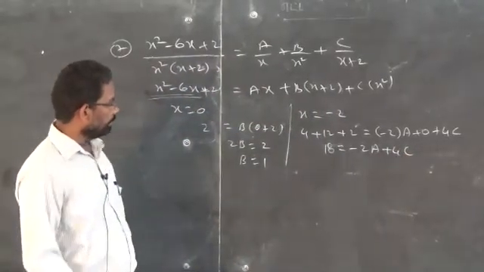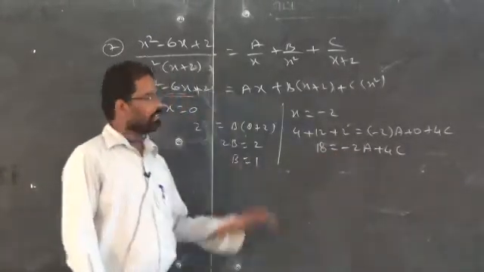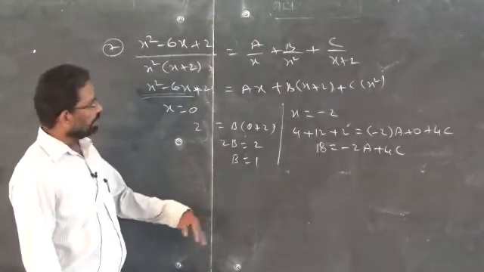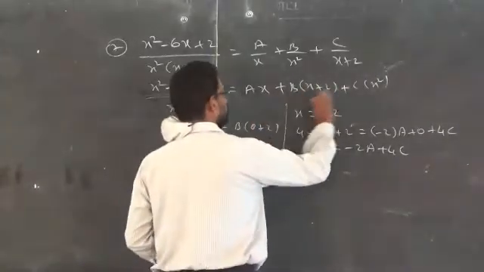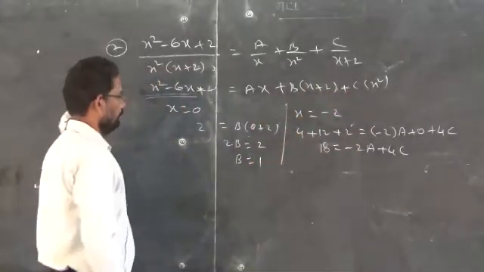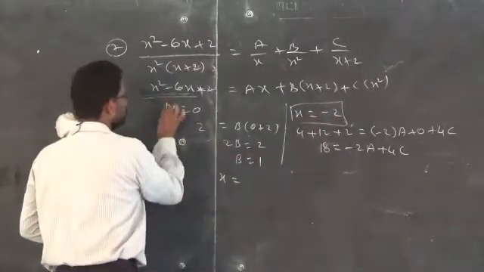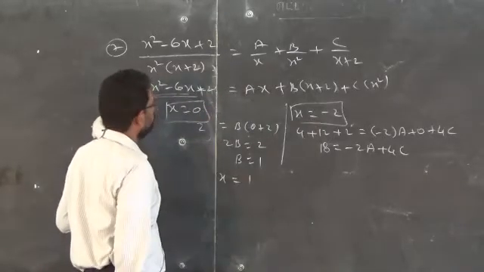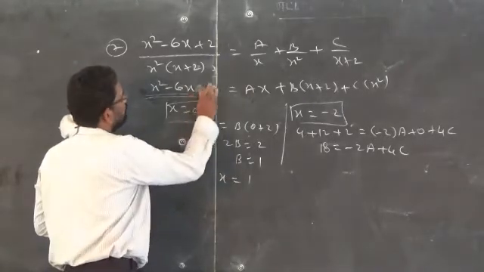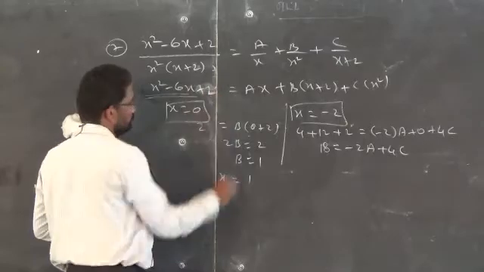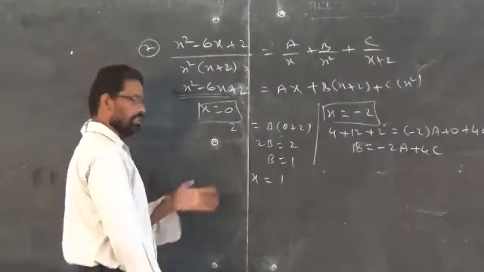Unfortunately, I am not able to replace the b value in this equation because there is no b term. So you have to replace x by any value, that is your wish, or compare the coefficients as we followed in the previous model. So now you have to replace x is equal to, I am replacing x by 1, because when I replace x by 1 my calculation part will be very easy. If you want to replace x by whatever number, 1000, 2000 or 1 lakh, that is your wish, you can replace, you will get the same answer.